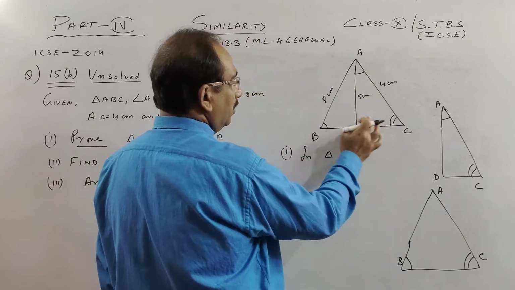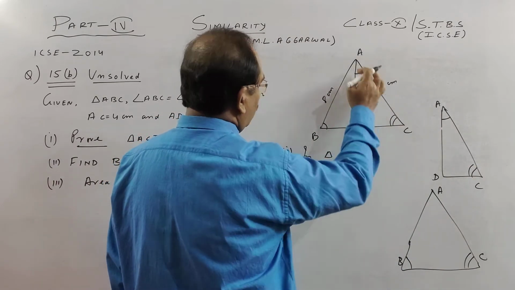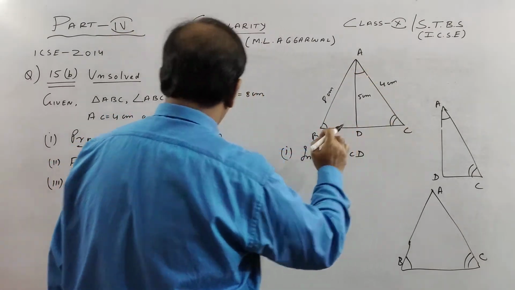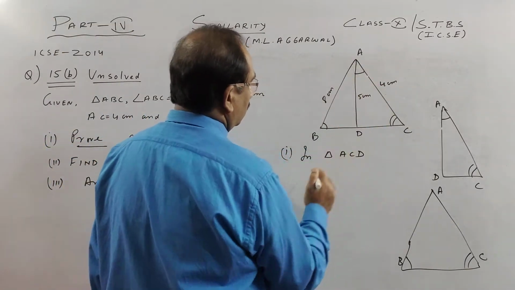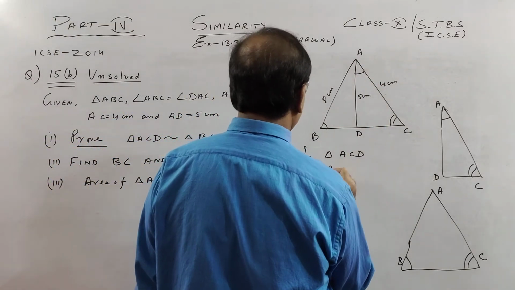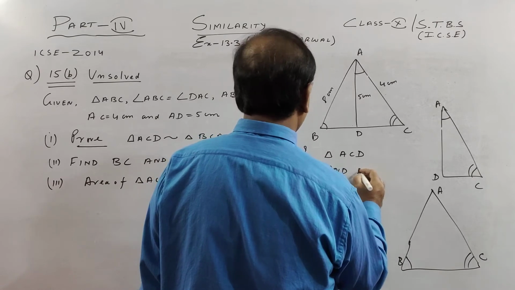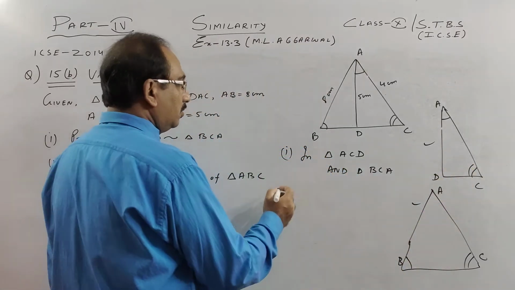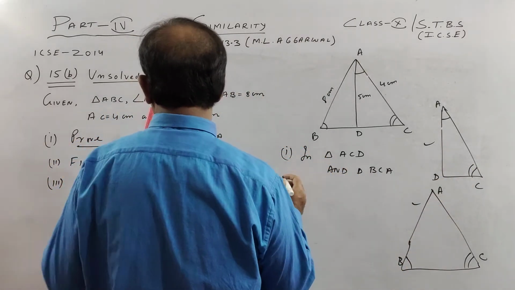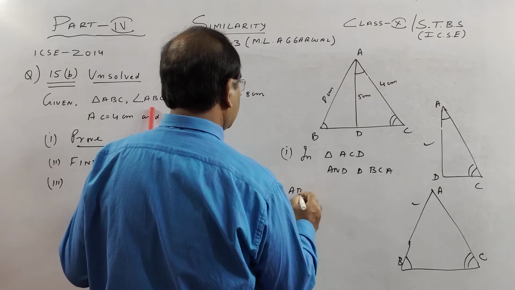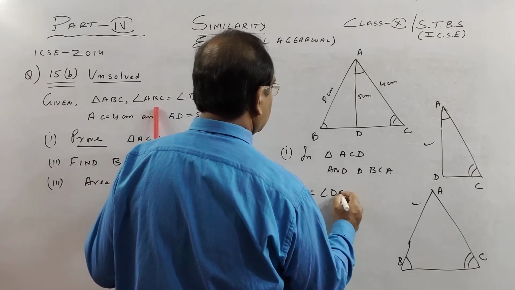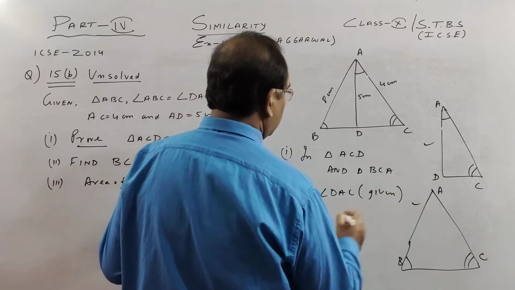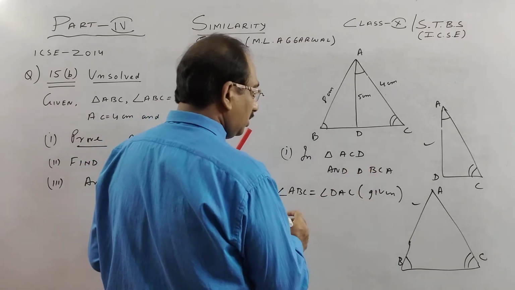So here if you see, these two are equal and this is common to both. This is common to this triangle, what we call ACD, and it is also common to triangle BCA, this triangle. So in triangle ACD, this is how we used to write in congruency also. We are talking about this triangle and this, the small to big triangle. What is given, children? So first thing given is angle ABC is equal to angle DAC. So these two are equal.